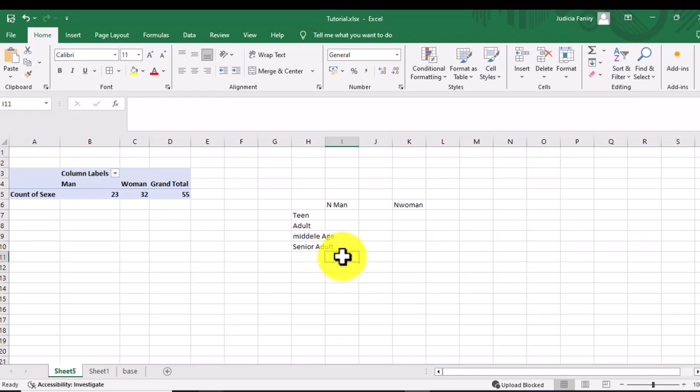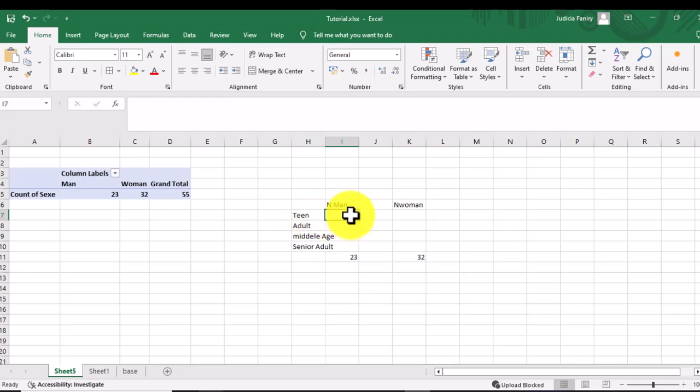But we can write here the total is 31 and 32. Okay, so here they want to get the number of the